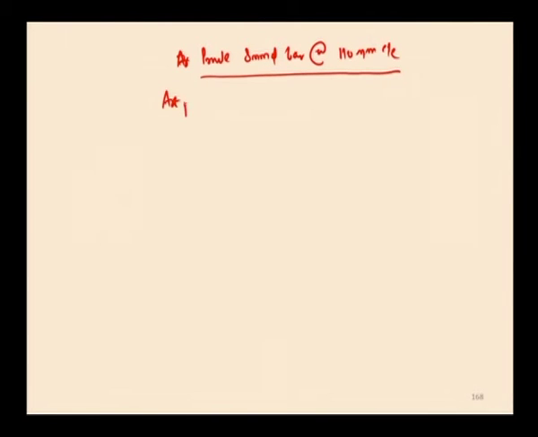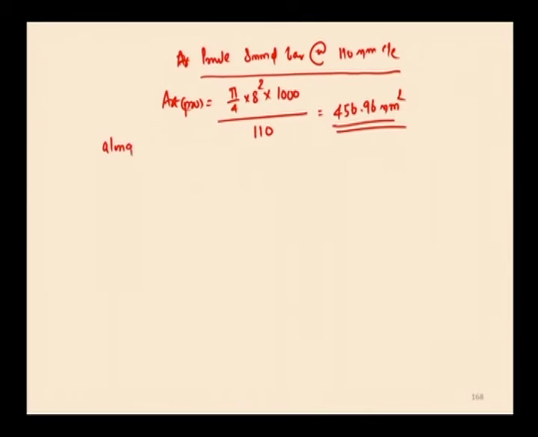So, Ast provided, here it is pi by 4 into 8 square into 1000 divided by 110, which is equal to 456.96 millimeter square. This is the Ast I have provided along the x direction. Now, along the longer direction,